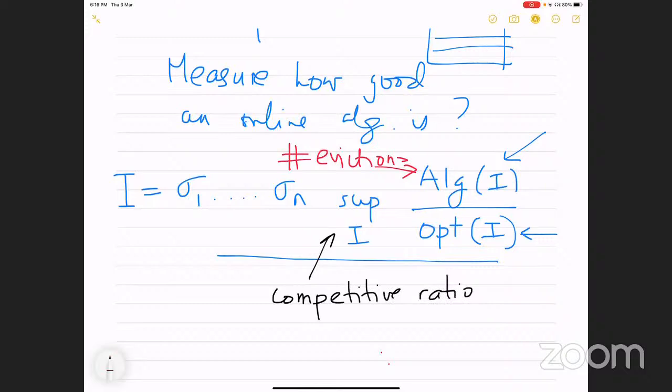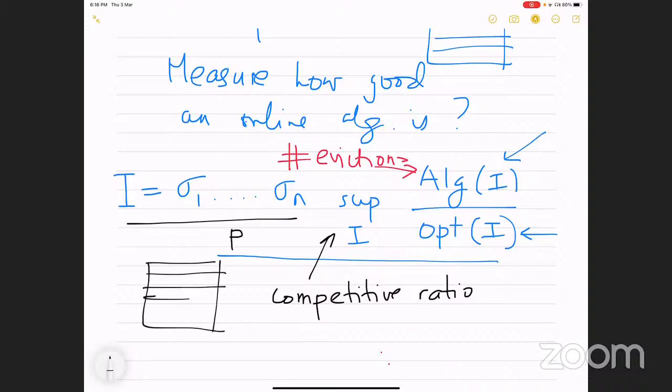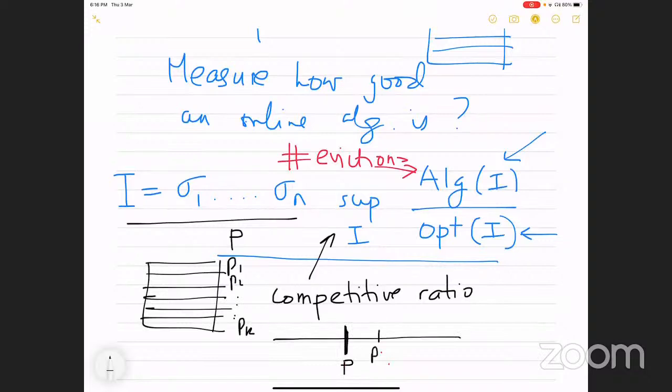Well, the optimal algorithm for this particular problem would be, as I said, the farthest in future algorithm. It says that when a page P is requested and it is not in the cache, you look at that page in the cache which will be requested farthest in the future. Let's say these are pages P1, P2, and so on up to Pk, and page P is requested at this time, and P1 will be requested at this point of time, P3 here, maybe P2 here, and maybe P4 here. So at this moment you evict P3, because P3 is the one which will be requested at the very farthest in future. So that algorithm is known to be optimal.